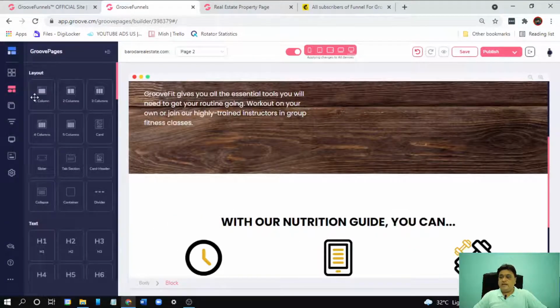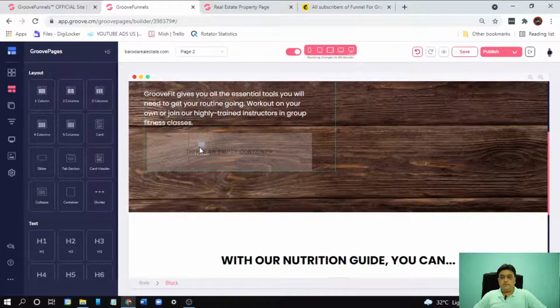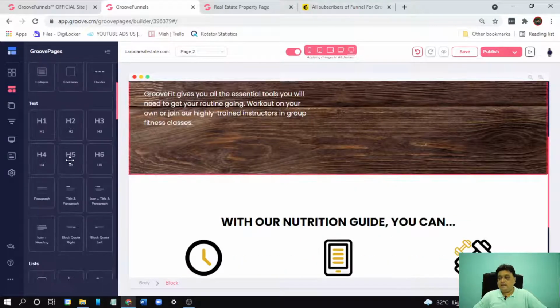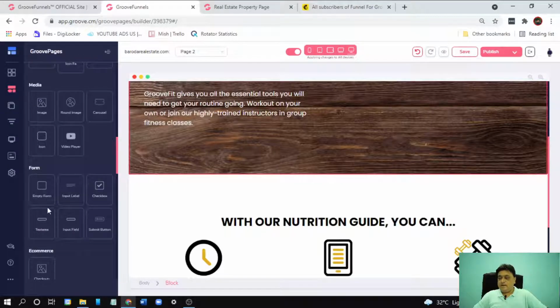Now select any element. You can select any column here, or we can directly put a form container here. Go to form, select empty form container.